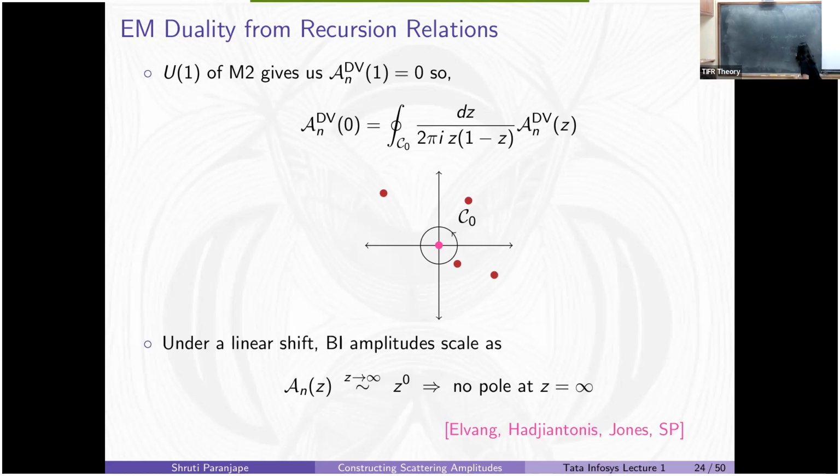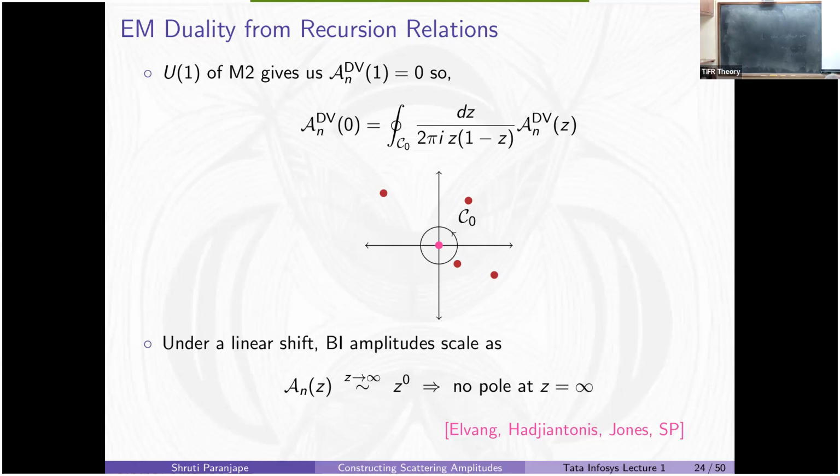Could I say it this way, that your interaction term in the Lagrangian was F to the n? And you're doing a subtraction for F to the n. And therefore you get 0. Yeah, maybe that's a better way of saying it. But basically you're counting the mass dimension of various things, and when you do this all-line shift, what you're saying is how many momentum factors do I have that don't belong to an epsilon, that don't belong to a polarization. Exactly. Remove that, and then the rest is